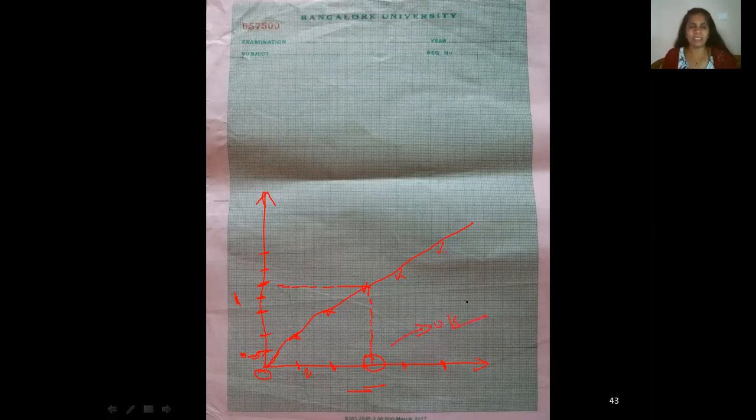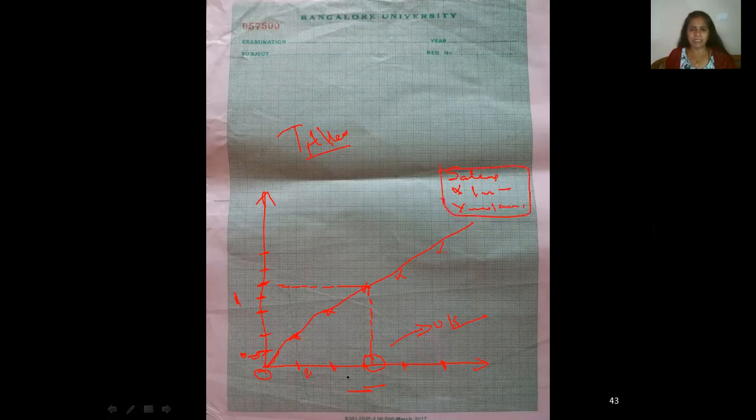Okay, so while plotting the graph, one more important thing is that first you need to write the title of the experiment. Then you should also write the scale: on the x-axis what you have taken, and on the y-axis what you have taken, per 1 centimeter what you have taken, and on the y-axis 1 centimeter how much amount of OD you have taken. You must write this particular scale compulsorily.